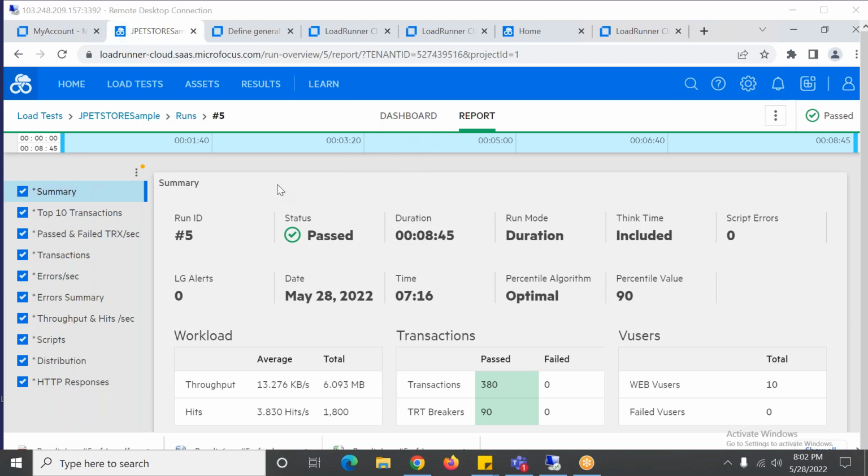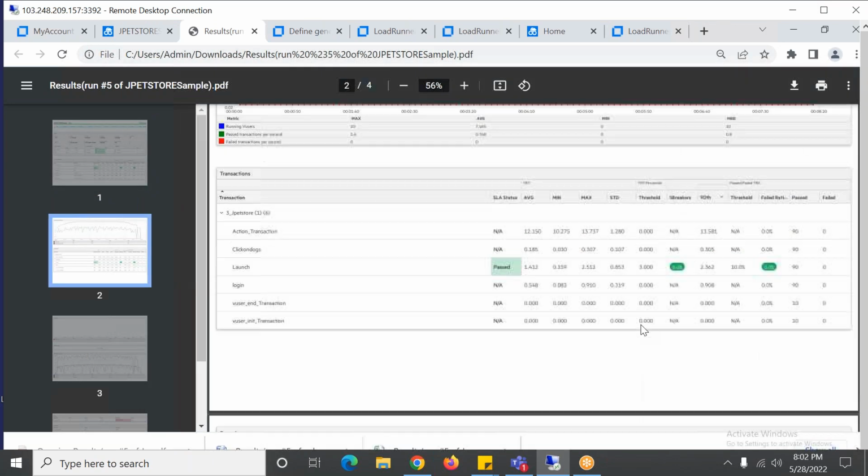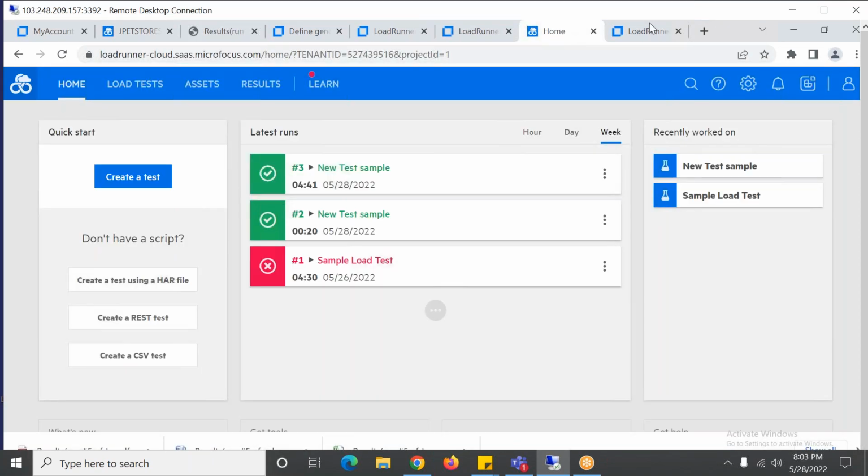So our test is completed and I have downloaded the reports. This is in the PDF format, where, if you remember, we selected the options here.